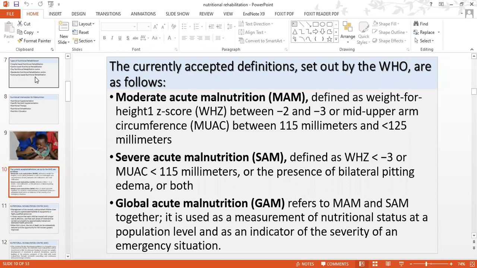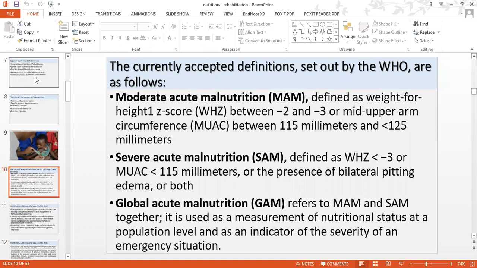Moderate acute malnutrition is a weight-for-height z-score between -2 and -3, or mid-upper arm circumference between 11.5 centimeters and 12.5 centimeters, or in millimeters, you can see here. Severe acute malnutrition is a weight-for-height z-score less than -3,